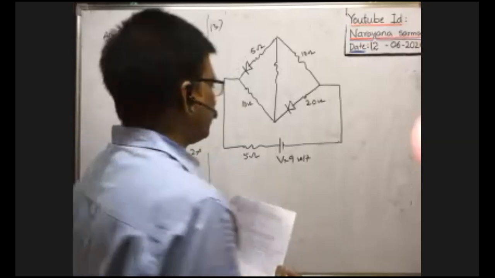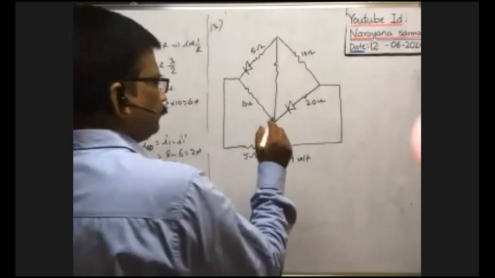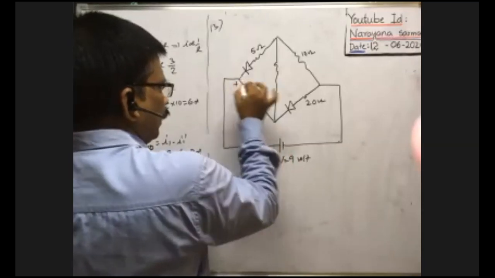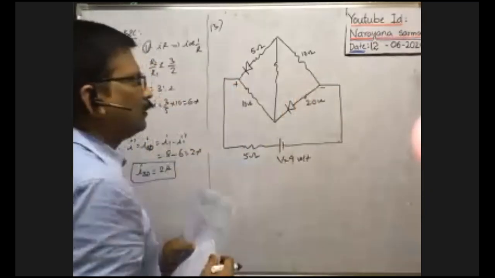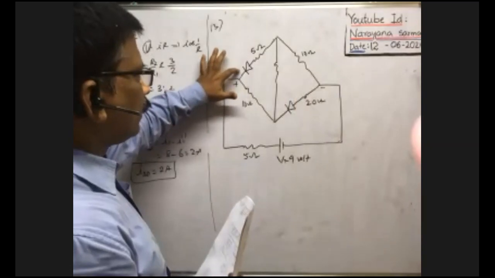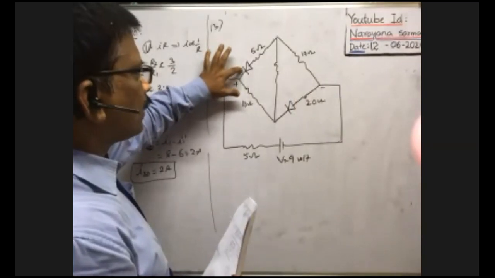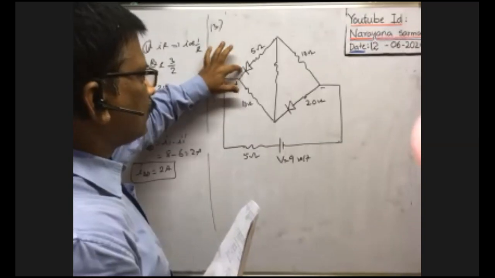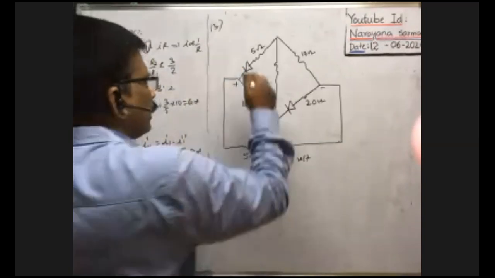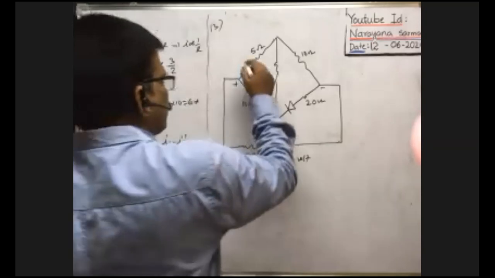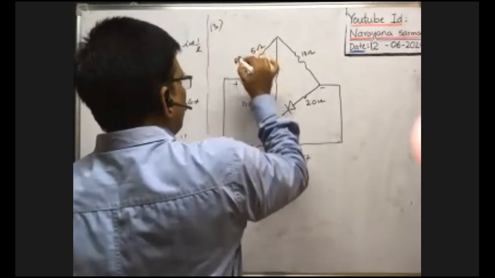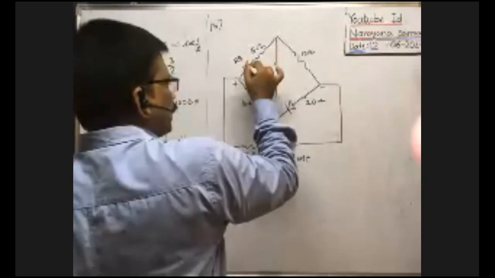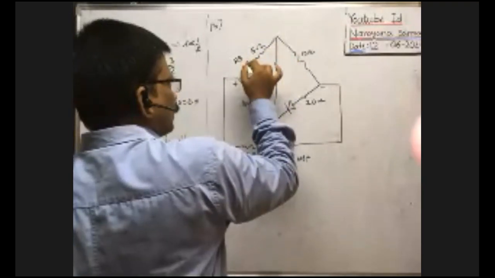Okay, so you see here, the positive terminal is connected to this junction and the negative terminal is connected to this junction. As the positive terminal is connected here, this N region of the PN junction diode is in reverse bias because high potential is connected to the N region. When it is in reverse bias, no current passes through it because these diodes are ideal. In reverse bias, they offer infinite resistance. That's why no current passes through this part, hence it can be ignored.